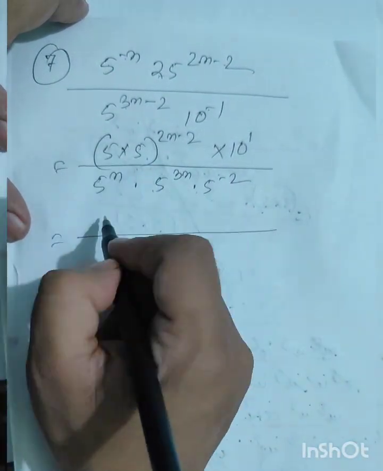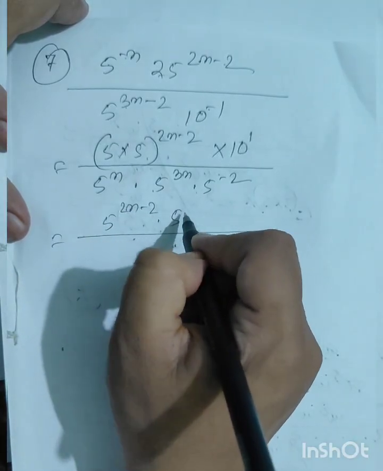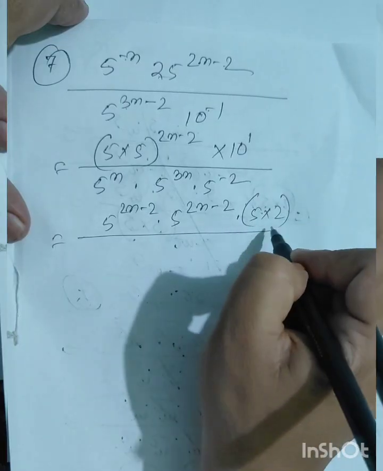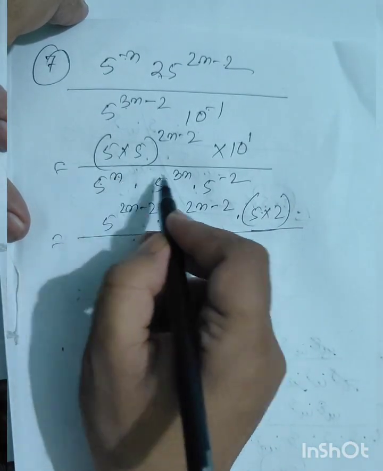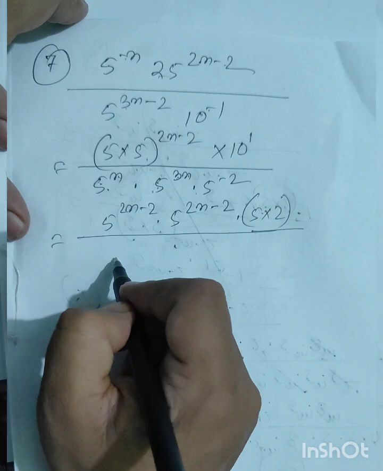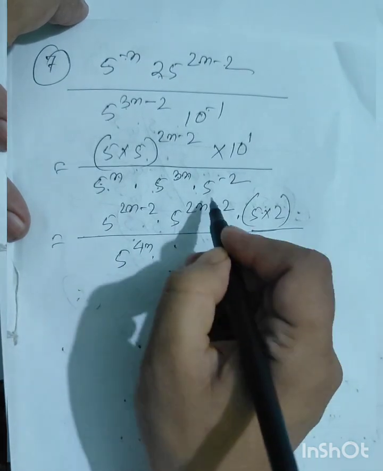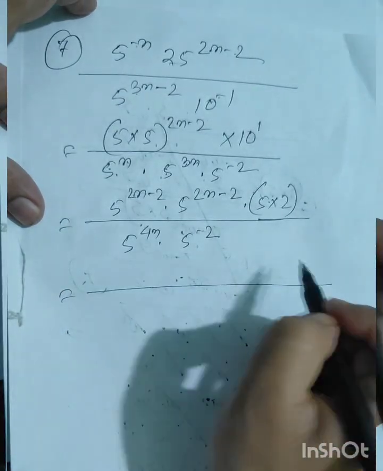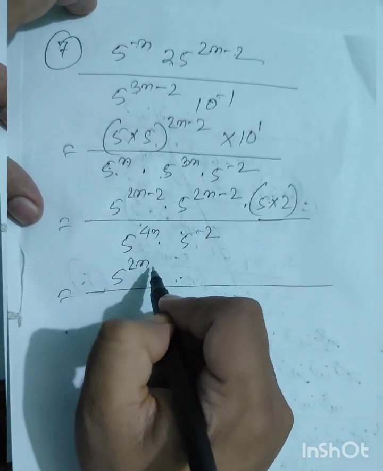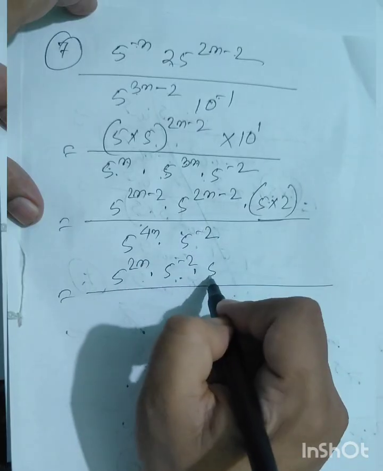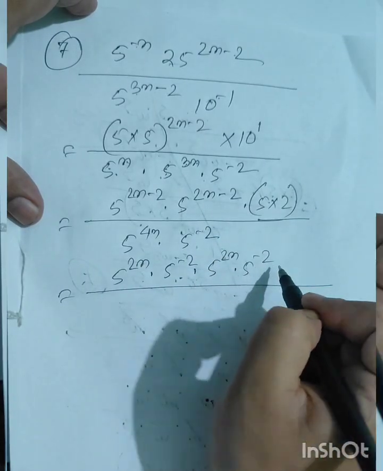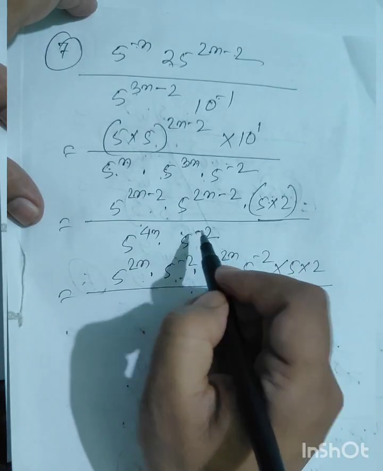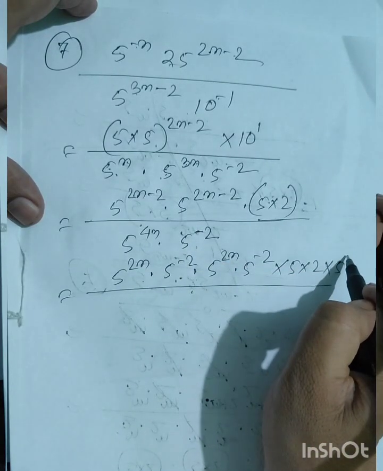এতিয়া এটুক লিখিম 5 to the power 2n minus 2 আৰু 5 to the power 2n minus 2. 10 টো আমি ভাঙি দিম 5 into 2, 5 পূৰণ 2. এটু 5 to the power n আৰু 5 to the power 3n যেহেতু ভূমিয়াৰে পাৱাৰ দুটা প্লাস হ'ব 5 to the power 4n আৰু এটু 5 to the power minus 2. Next ইয়াক আমি ভাঙিলাম 5 to the power 2n into 5 to the power minus 2, same কথা 5 to the power 2n into 5 to the power minus 2 into 5 into 2. এই 5 to the power minus 2 টো যেহেতু তলত মাইনাস আছে ইয়াক ওপৰত নিলে প্লাস হ'ব অৰ্থাৎ 5 to the power plus 2 মানে 5 স্কয়ার